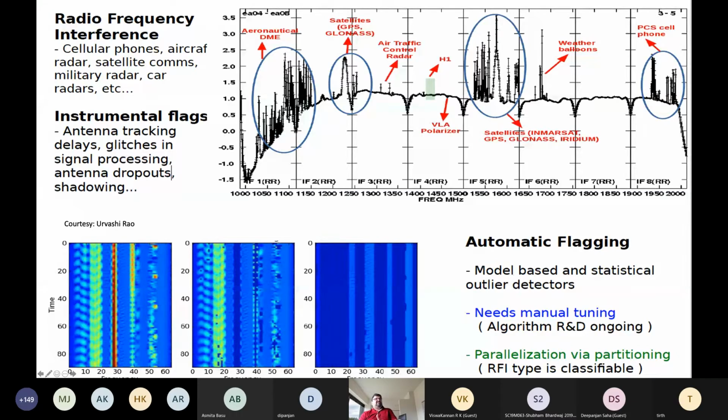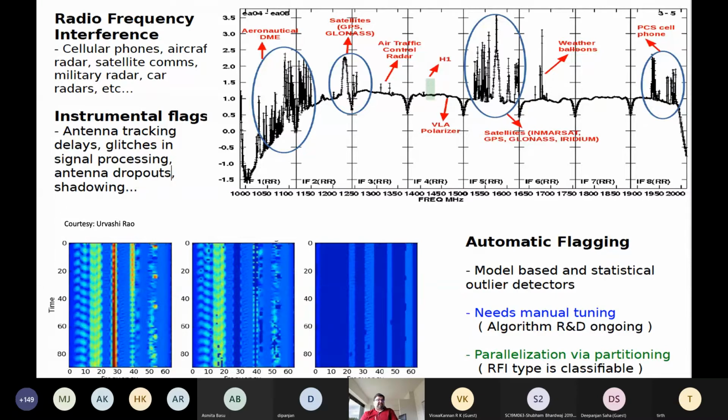But that also takes a huge amount of computing. Typically, the highest cadence data is actually useful for removing this kind of RFI. So a huge amount of data comes in through these correlators, and that then gets fed into these RFI excision routines, and finally comes out as much lower cadence data at the end, because once the RFI excision is done, we typically do not need such high cadence and high time resolution data to begin our astronomical analysis.